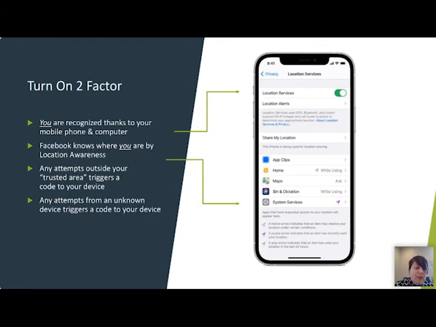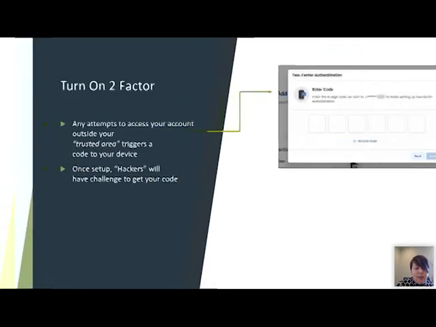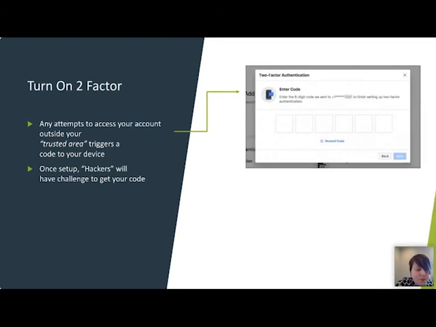And then with the trusted area, it actually triggers a code or pushes a code to your device. And with that code, you would then formally confirm that it is in fact you. And that's tied to a cell phone number. So turning on two-factor, and the act of actually turning on two-factor, is basically turning on a code so that you confirm you have it.